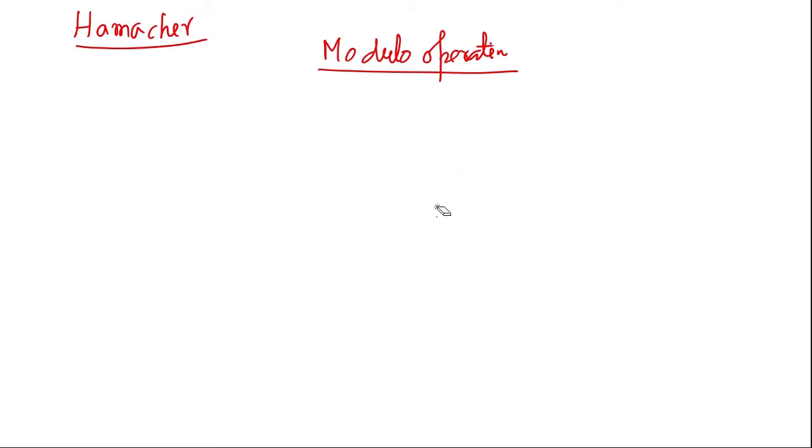So, now how do we add numbers in fixed point number representation, and especially for 2's complement representation? First we talk about something called modulo operation. We know the modulo operation. One interesting thing we will see: suppose we have a